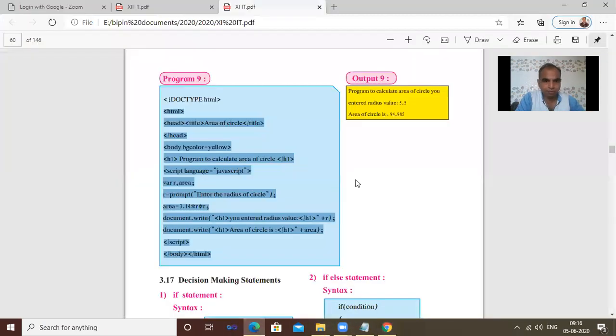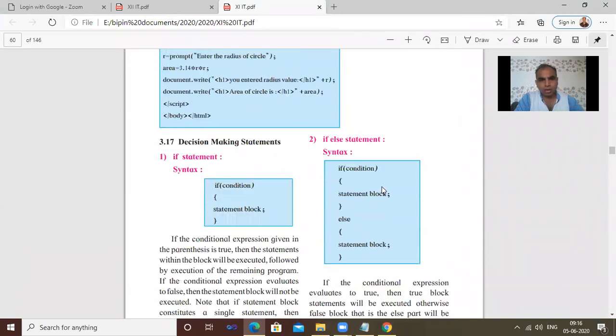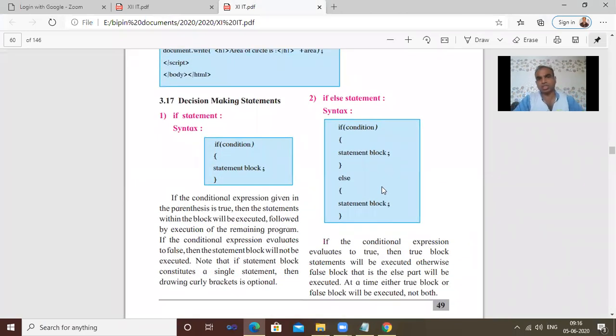Now next one. After that comes the decision making statement. It is very important to you: the if statement. If you want to interact in the web page, some conditions we have to evaluate as true, and then after that we have to show some statement. Just like that, we see the username password program. If the password is correct, then only we can go inside the program, or if the password is incorrect, it shows you the message incorrect password. So if else statements are there.